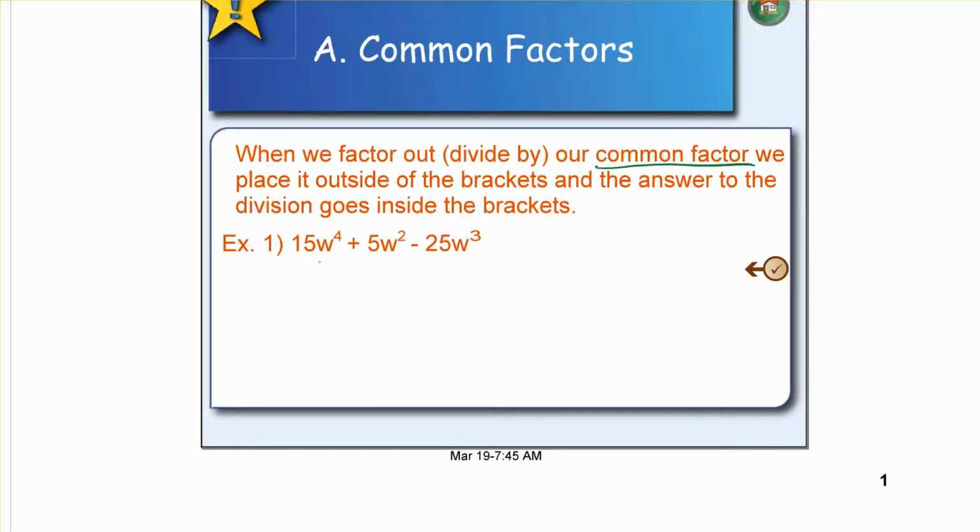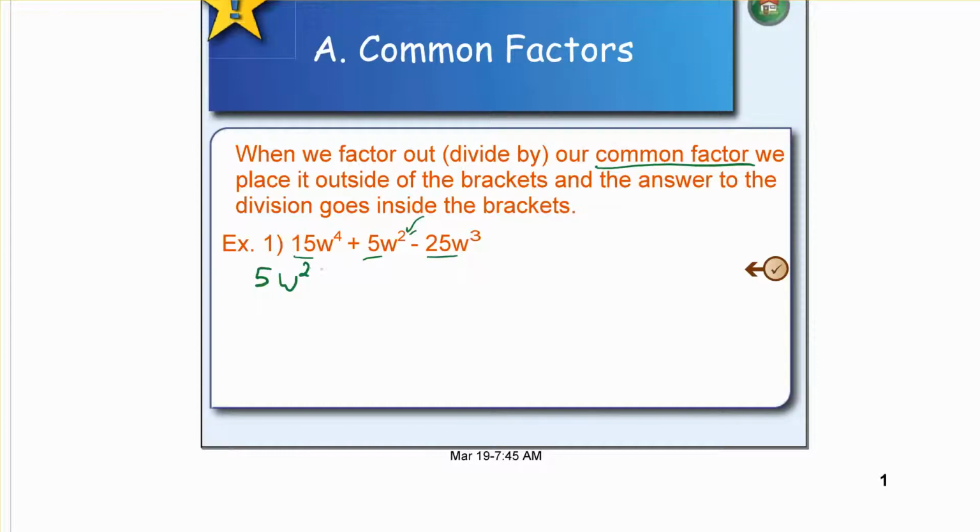So I look at this one and I say, well, if I look at the numbers first, I've got 15, 5, and 25. Well, it looks like 5 would go into each of those. So what I'm going to do is pull out 5 as a common factor. Then I'm going to look at the w's, and I'm going to take out the lowest number of those. So the lowest exponent that I have up here, or degree. So that's this one, 2. So I can take out